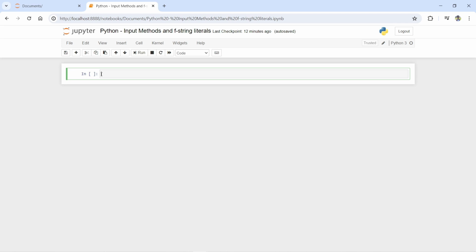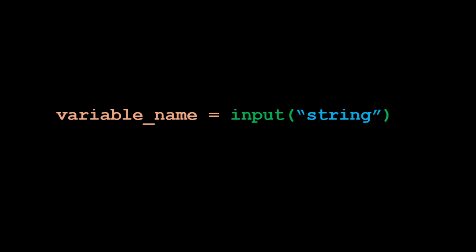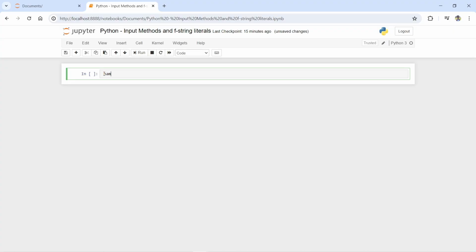Let's begin. In Python, you can ask for a user input by using the input method. The syntax for the input method is a variable name equals input, a pair of parentheses, and some string. For example, name equals input parentheses